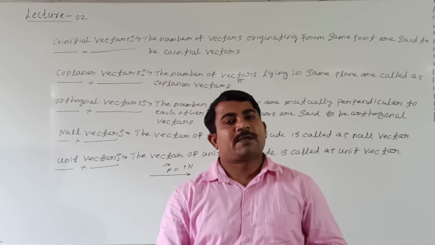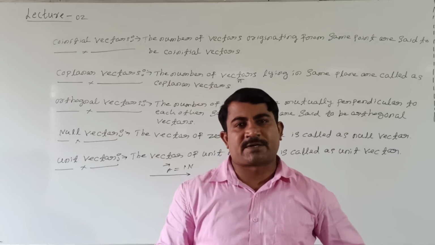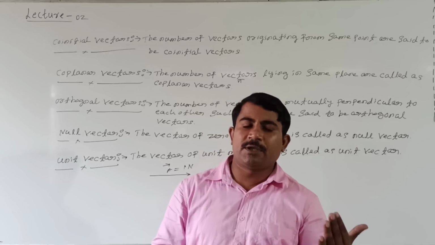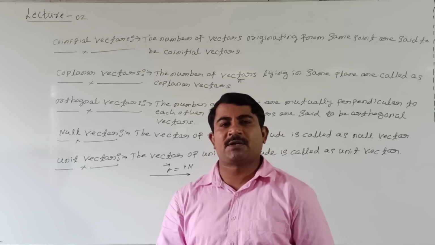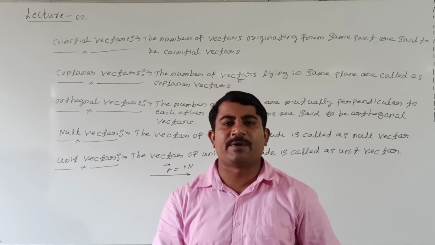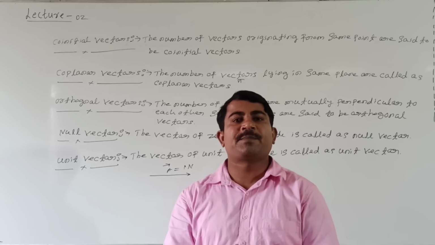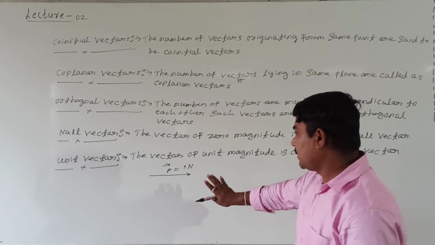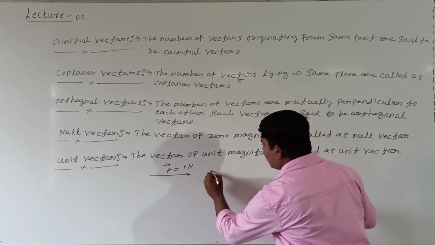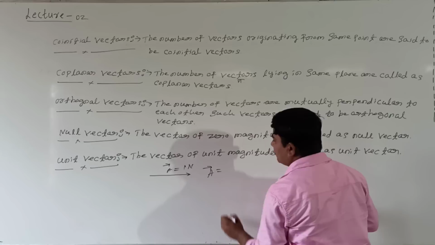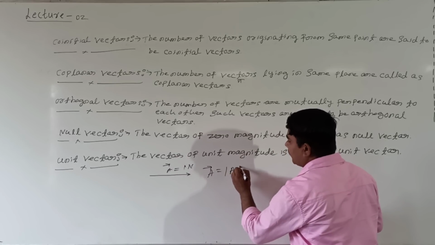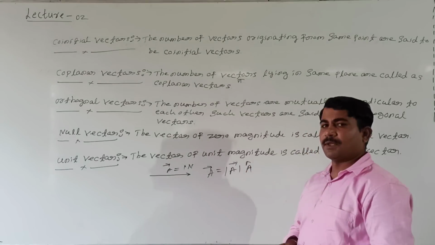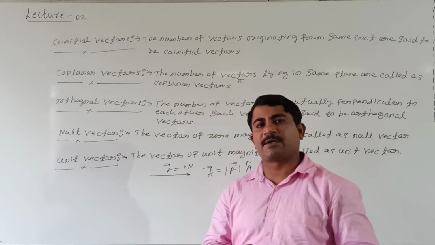Any vector can be represented in terms of unit vector. Either coplanar vectors, equal vectors, unequal vectors, negative vectors, whatever it may be. Any vector can be represented by unit vector. Then in the unit vector, how to represent? In this case, the vector A is there. Vector A's magnitude is 1. Then I will represent this magnitude like this. Then A cap. A cap represents unit vector.